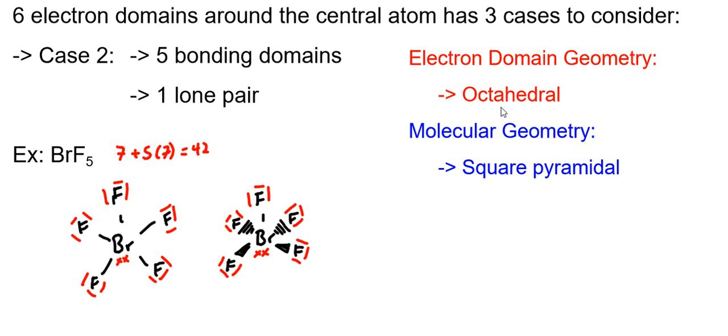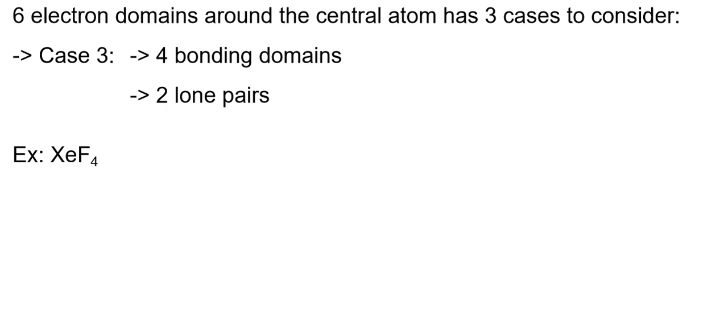Again, the electron domain geometry remains unchanged. Lastly here, don't forget that these angles have been compressed, and they're now all 84.8 degrees. So understanding that this lone pair pushes them all slightly more towards one another, thus reducing it from the 90 degrees, is important. The last example is 4 bonding domains and 2 lone pairs, and for this we'll use xenon